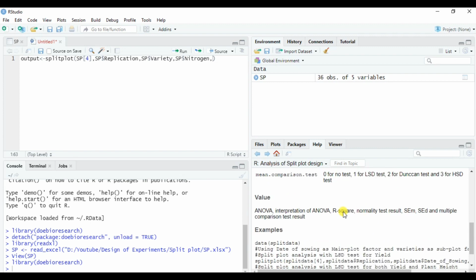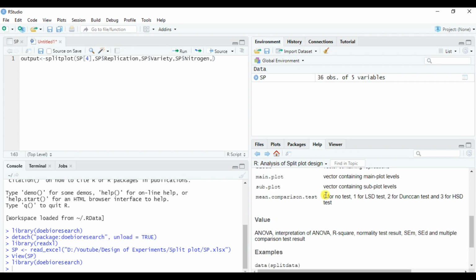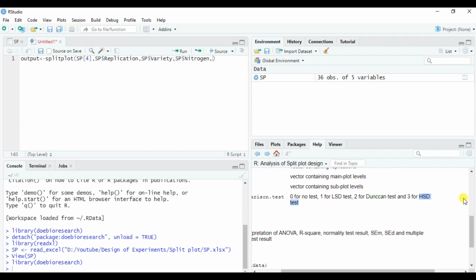There are 4 options available. First, if you don't want any sort of test, you just want ANOVA of the split plot. Second is the LSD test. Third is the Duncan test. Fourth is the HSD test. Generally people use the LSD test, that is least significant difference test. So I will press 1 here.